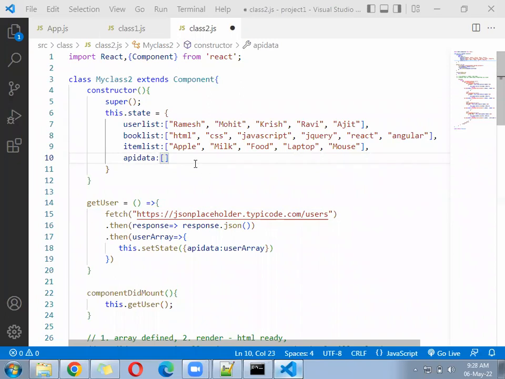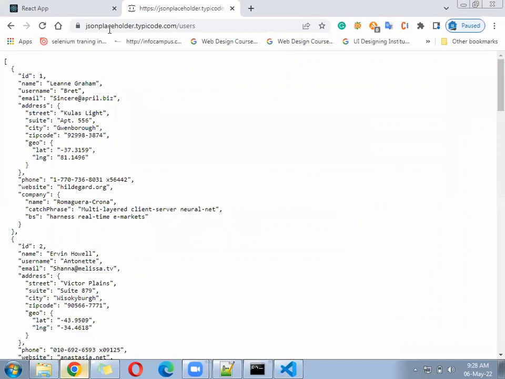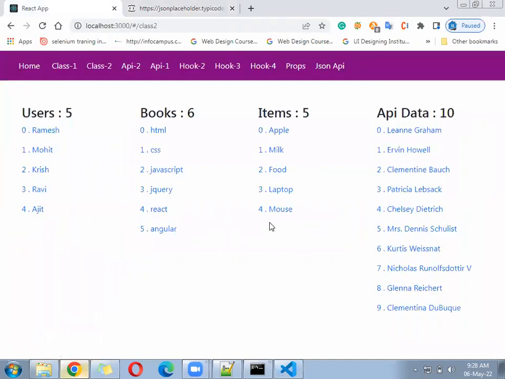Okay, but this is also the same. State is the one array. Inside, how many did you create? User list, book list, item list, and API data. Under the API data, you can also create a multi-dimensional array. There is no problem at all. But again, if you do that, your code will become complicated. Check now. I hope your list is coming. List is coming. Okay. Now after that,